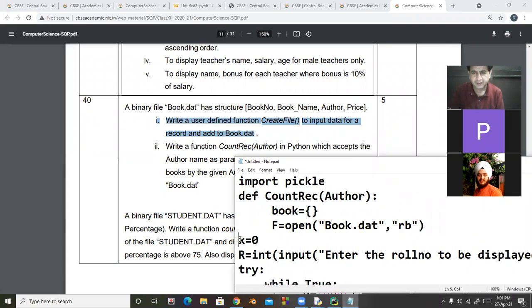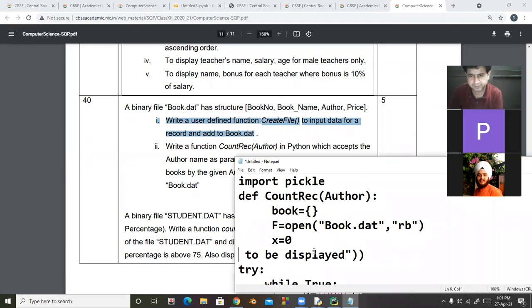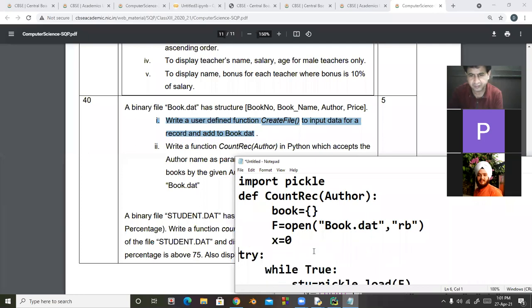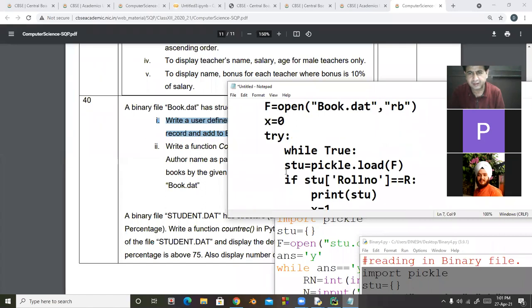Okay. Now after that we take one variable, we use a try except block. After that while, then here book is equal to pickle dot load, and now it is important.